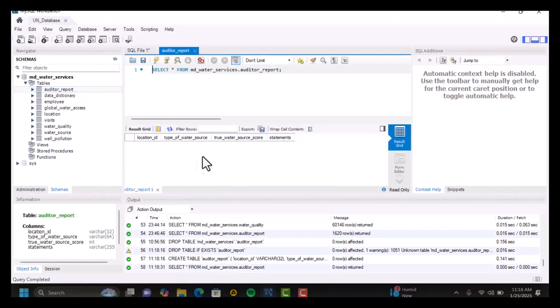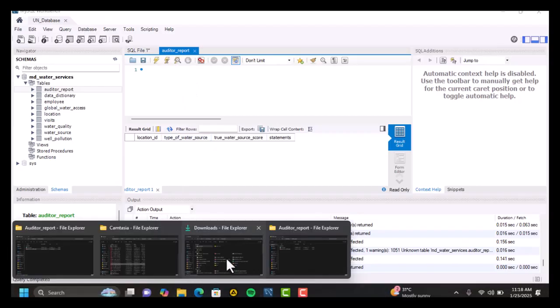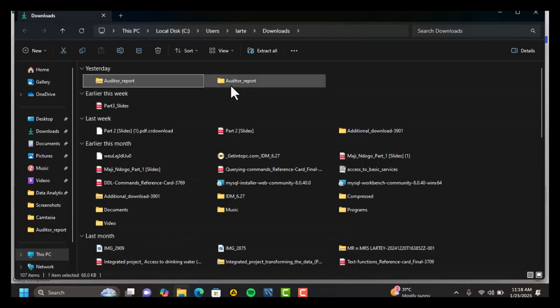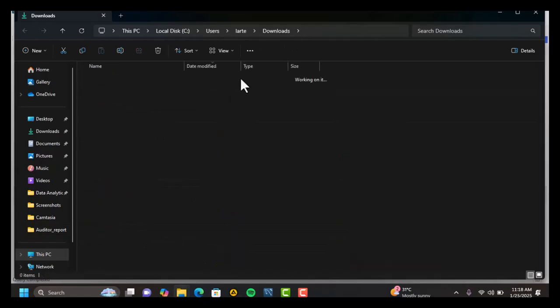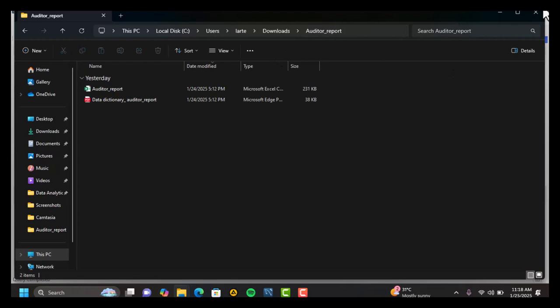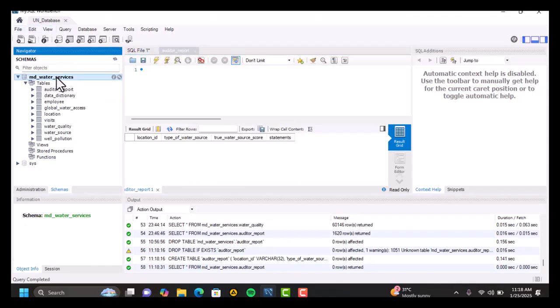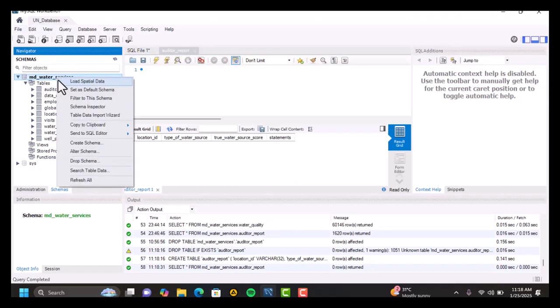Okay, so we want to import our CSV file. But before you import it, make sure that you have extracted it, like what I said earlier on. So you extract to have this folder, okay, so that we will use the folder. All right, so right click on MD Water Services, go to Table Data Import Wizard, and then